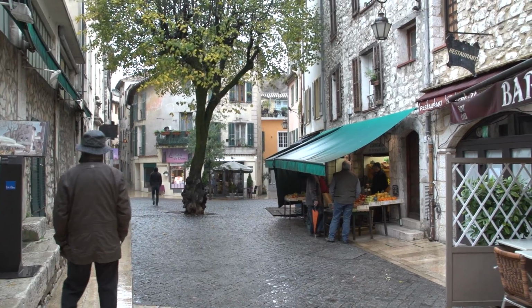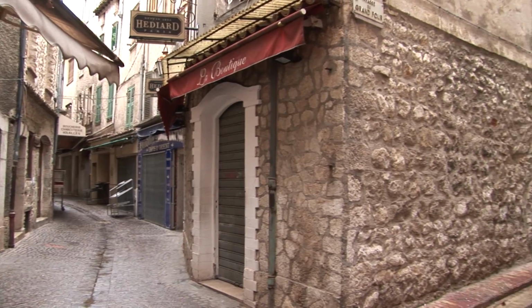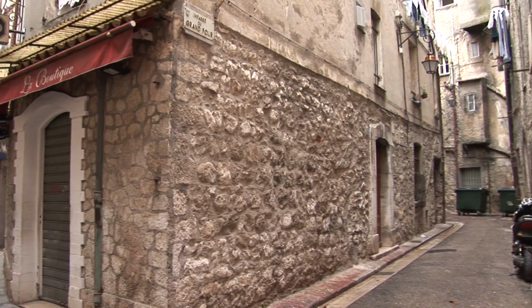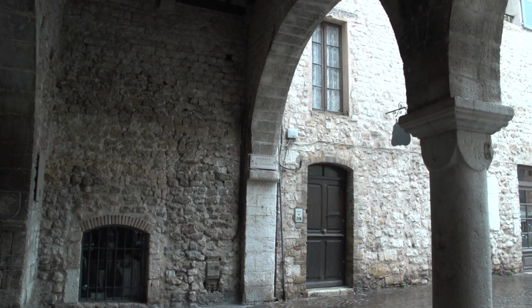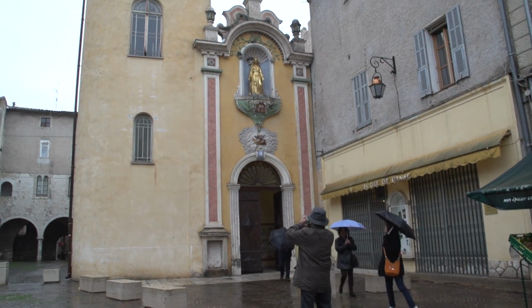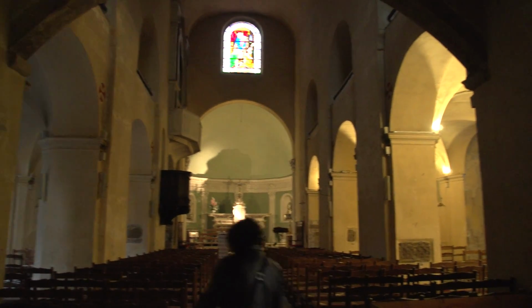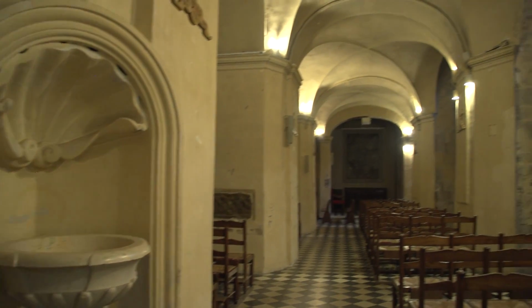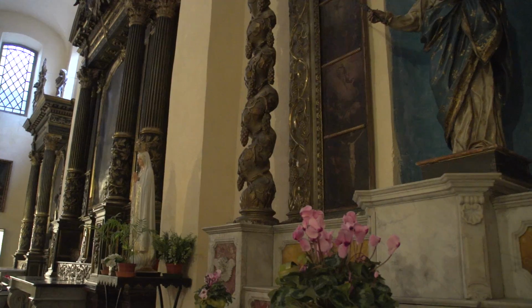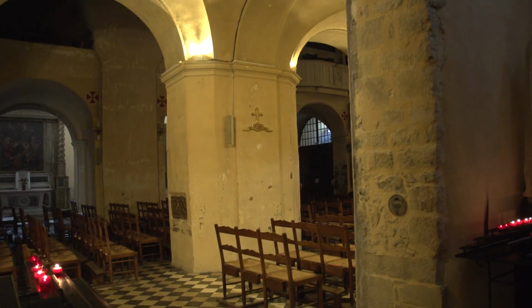Somehow it's modern with all of the latest conveniences, and yet at the same time, you're looking back into some deep history. And then we arrive at the very oldest part of this historic town. The cathedral, Our Lady of Nativity, is the smallest cathedral in Provence, if not all of France. And yet it's built on the foundations of an ancient Roman temple from the 4th century, and the current building took shape in the 11th and 12th centuries in the